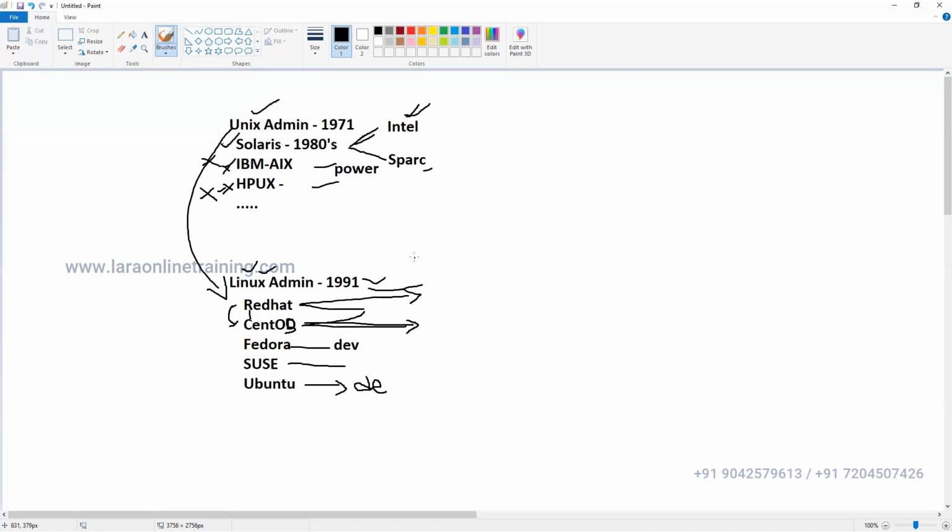Because Linux can work in both graphical mode and command mode. Of course, as admins, we work 99.9% in command mode. We don't use graphics mode, because in command mode we have a lot of control. We do a lot of automation and a lot of tasks quickly in command mode. We have better performance, so we don't use graphical. But I'm just telling you, this is purely command mode only.